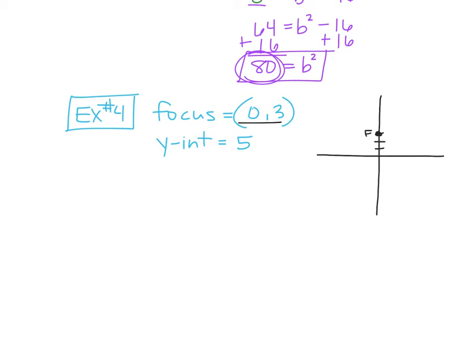A y-intercept, you guys know what a y-intercept is, right? It's where it hits the y-axis. Well, here's your y-axis. My y-intercept is 1, 2 more. It's 5. 1, 2, 3, 4, 5. Okay, that means that is a point on my ellipse. So what that means is if I go the other direction, 1, 2, 3, 4, 5, right here,